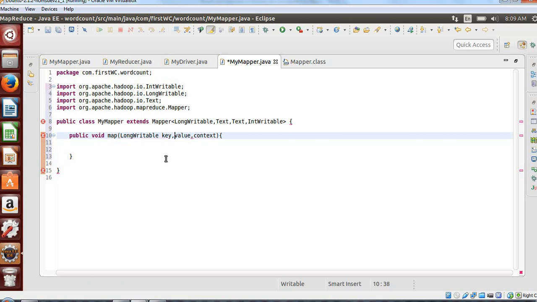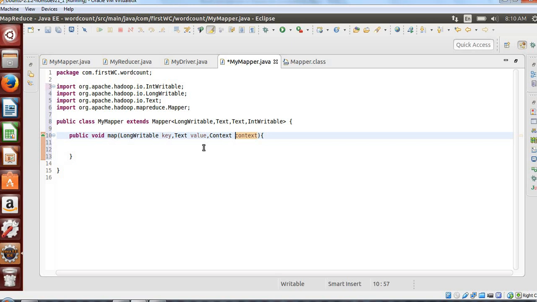The value is in Text format, so Text value, and the context will always be of type Context. This is your custom map method which will be executed when you run this particular class.